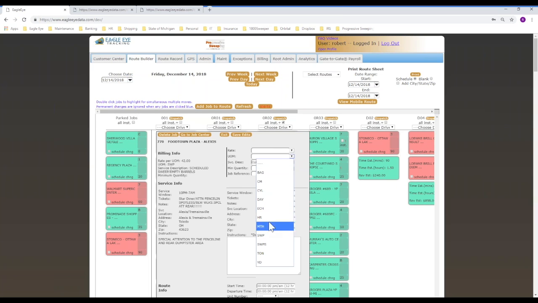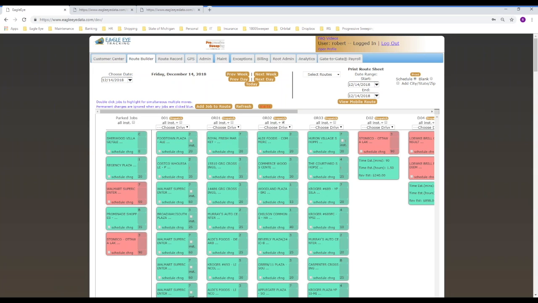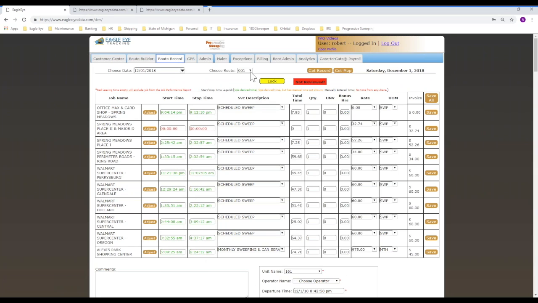And we're going to make this hourly with a minimum quantity of 4, and we're going to charge them $150 per hour. Now, if I come back to the route record and I choose this route record again, click get record, it's going to update,